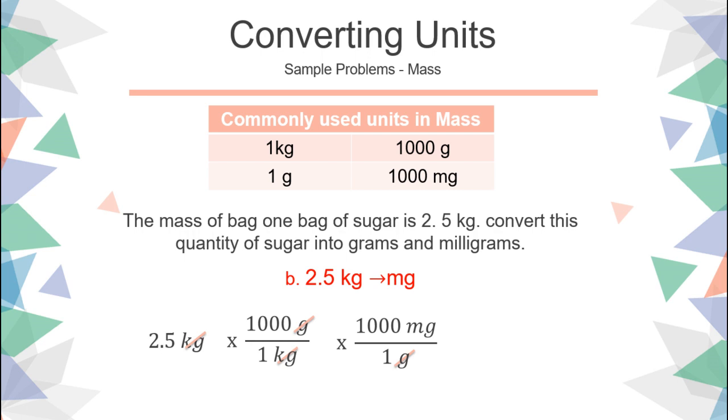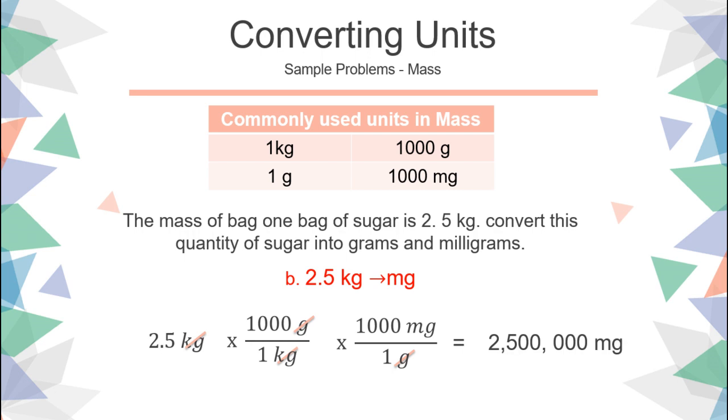So again, if both of your grams are in the numerator, something is wrong with how you wrote your conversion factor. So take note of that. For the units to cancel, it's always numerator and denominator. Okay? Now, same as before, the given is multiplied by all the numbers in the numerator. So this will be 2.5 times 1,000 times 1,000. Then divide its answer by 1, because 1 times 1 is 1 in the denominator. So the answer will be